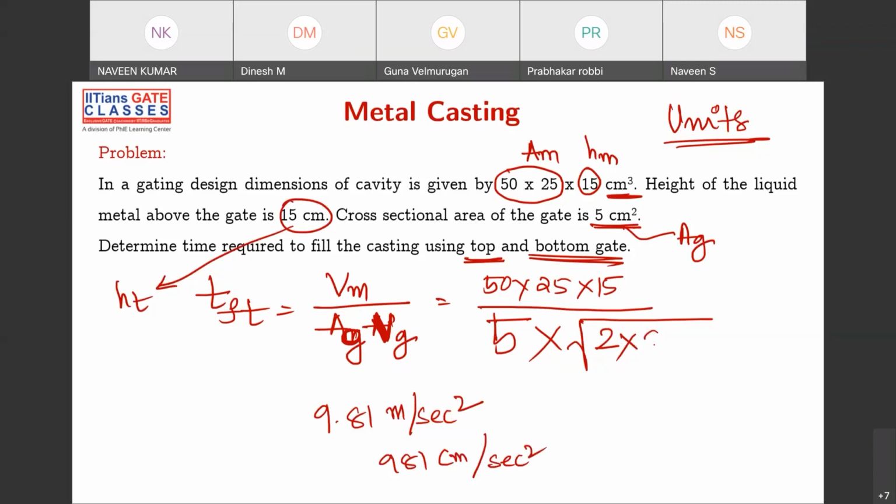Okay, so 2 into 981 into height is how much? 15. Then if you substitute all these values, you will get some value TFT. You're not doing that. There is a solution, don't worry, I'll show you that. Now once you get TFT, after that you have to calculate